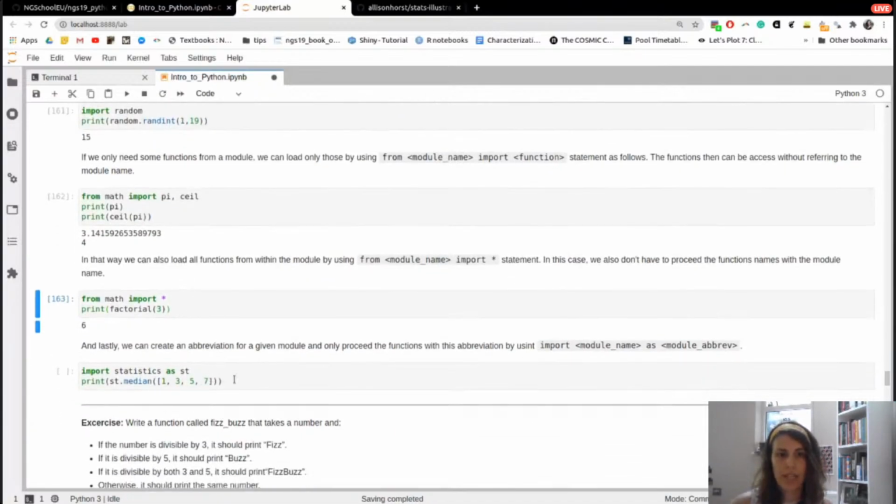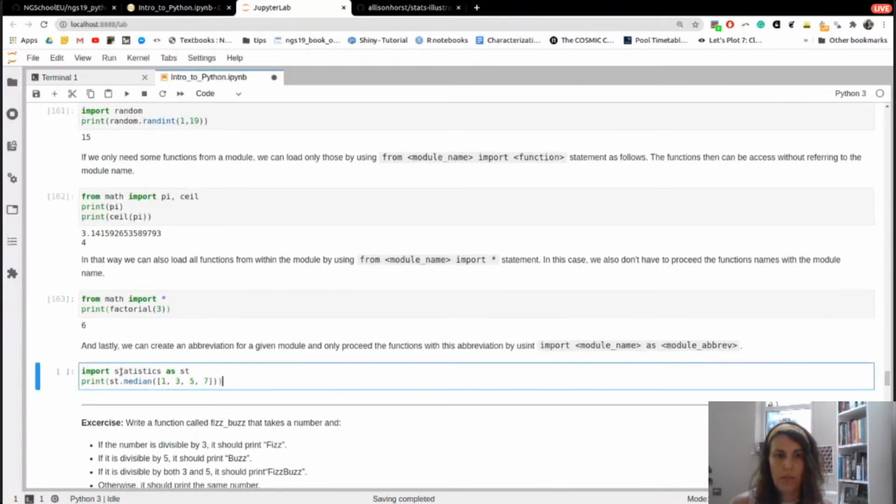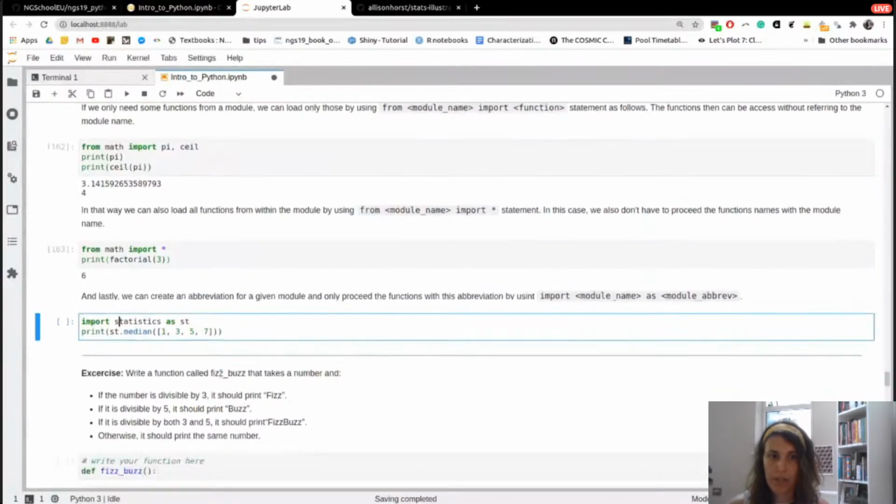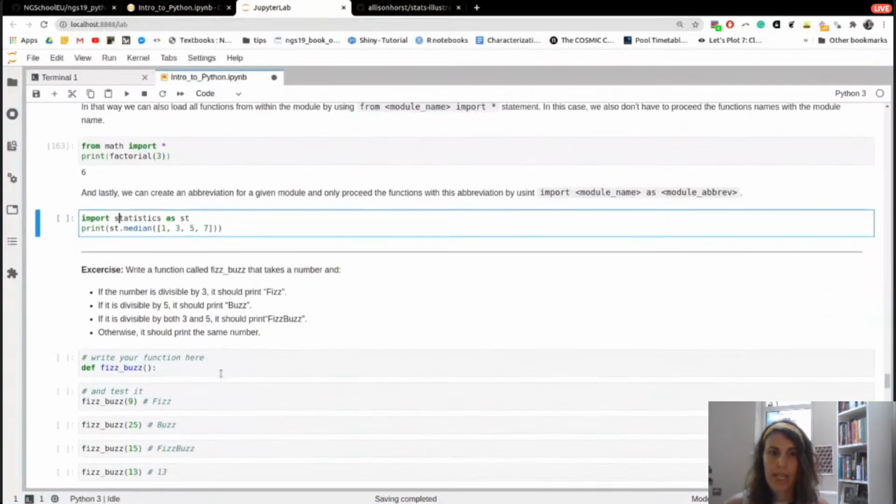And we can also change the names of the modules to abbreviate them and make typing a bit easier. So for example, we can import statistics as st. Instead of typing in statistics every single time, we can just type in st.median. So for example, we import NumPy as np usually. And there are a couple